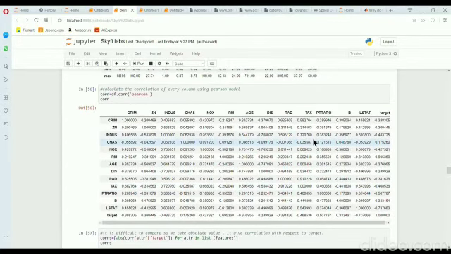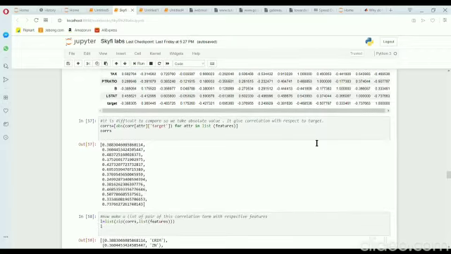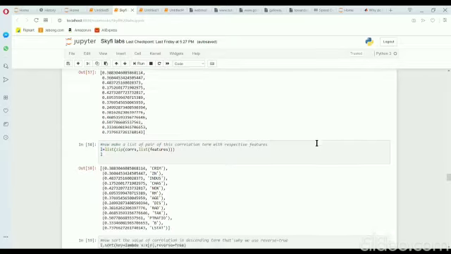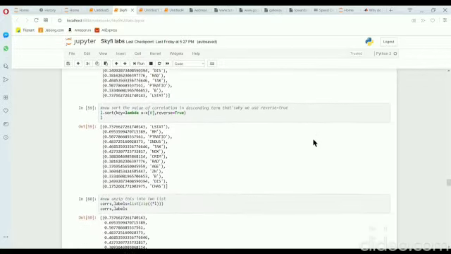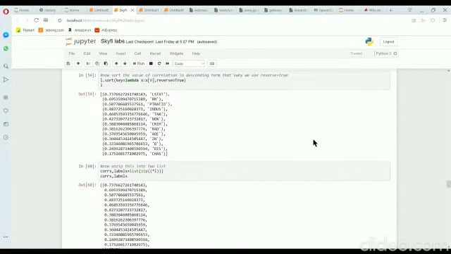And we finally wanted the correlation with respect to the target, and now we make pairs with the respective features. That's why we use the zip function, and then we sort with respect to the correlated values, how much they are correlated with the target, and then we unzip the values.